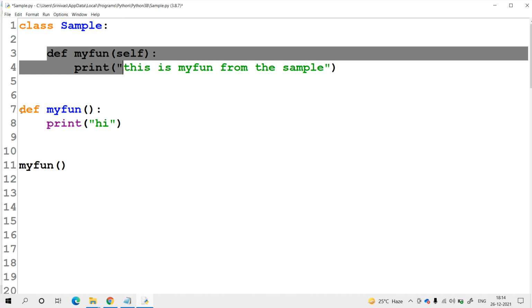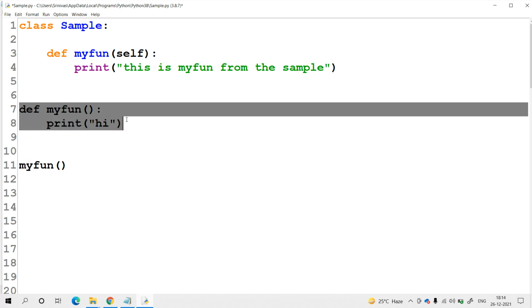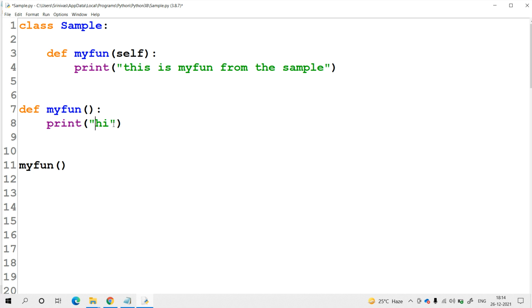That means it is acting as one of the member in the given class, and as well as outside the class, in the current scope, one more user defined function is there. The function name is my function. In this function the message that is available is hi, and we are calling my function in the current scope itself, and it is already available in the above 7th line. So definitely it will execute the my function and it will print the related content, that is nothing but